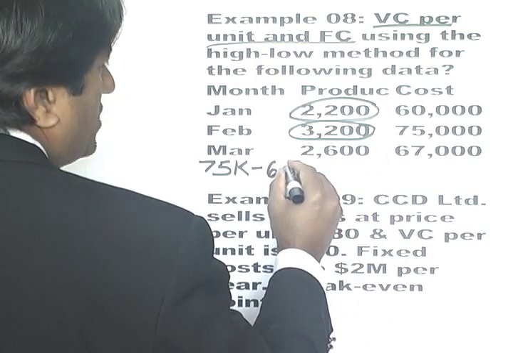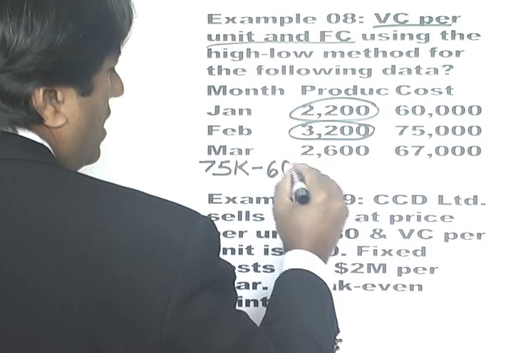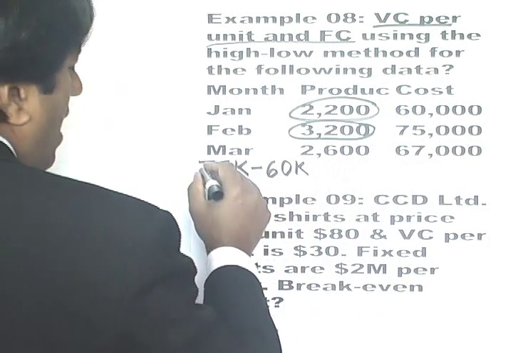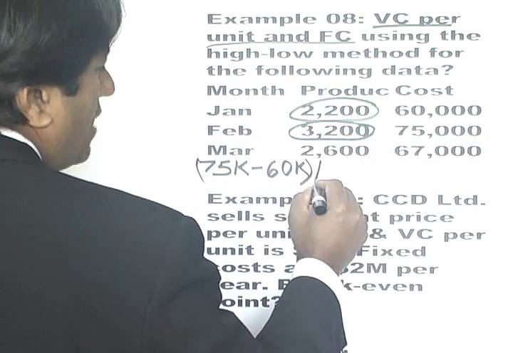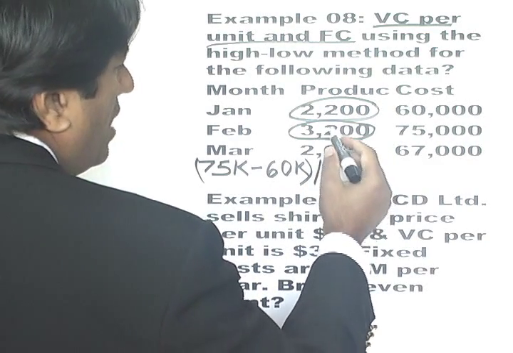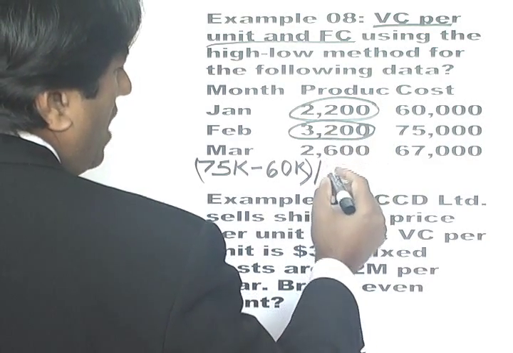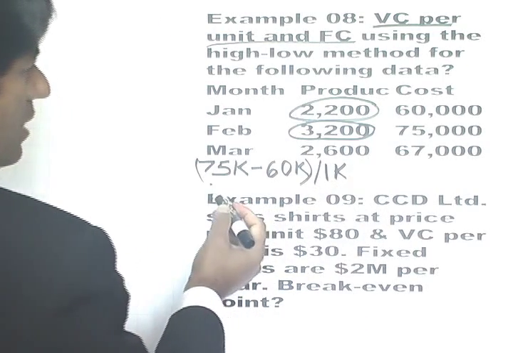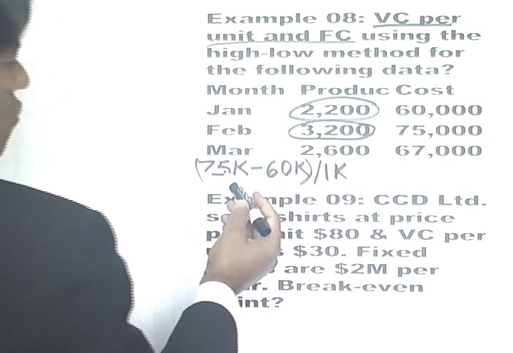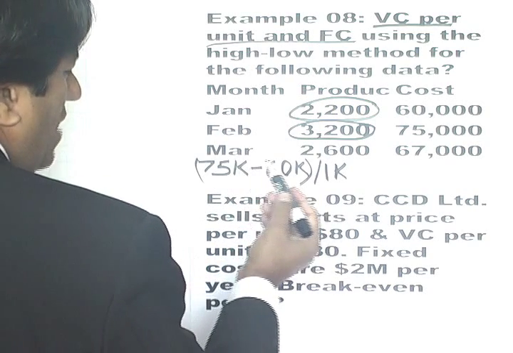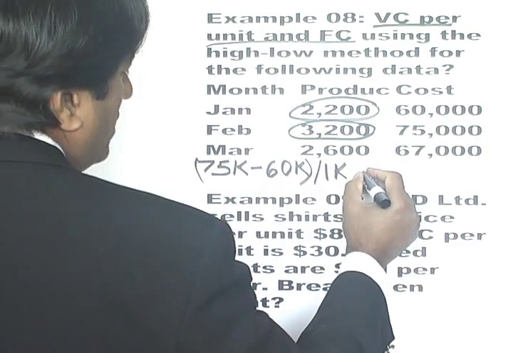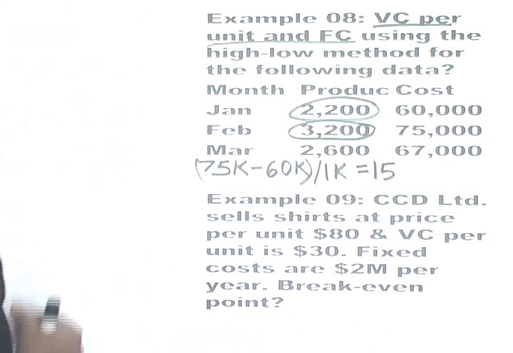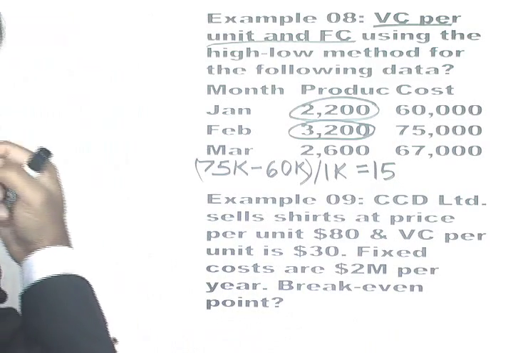So the difference in cost is 75 minus 60, and that you divide by the difference in production, and the difference in production is 1,000, so that's 1K. So this becomes equal to 75,000 minus 60,000 divided by 1,000, which is equal to 15. So the variable cost is 15 per unit,